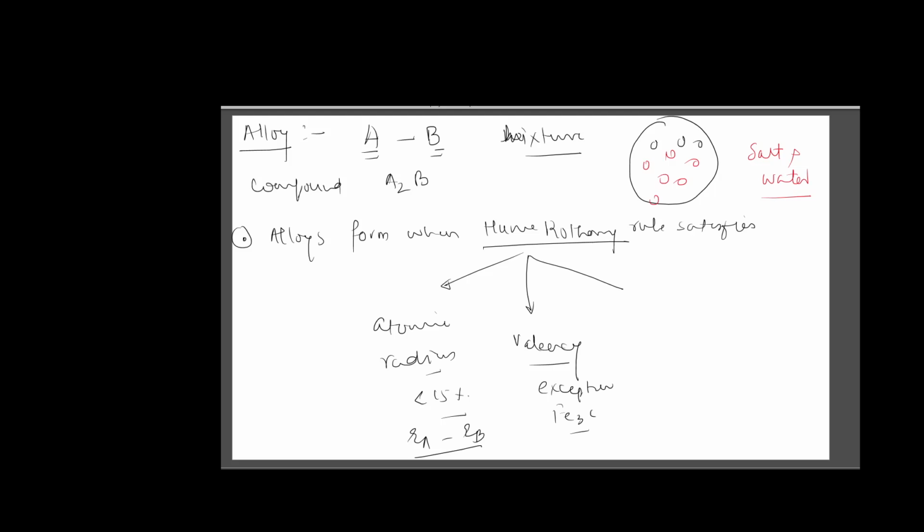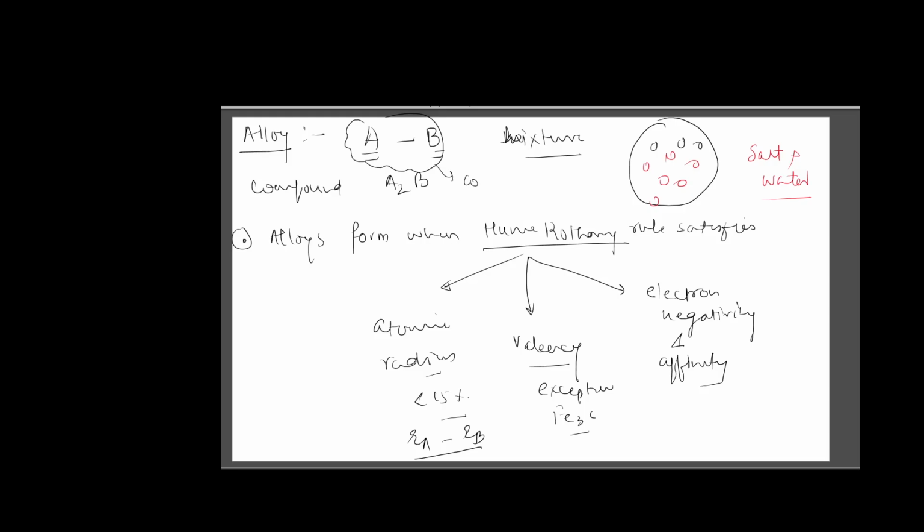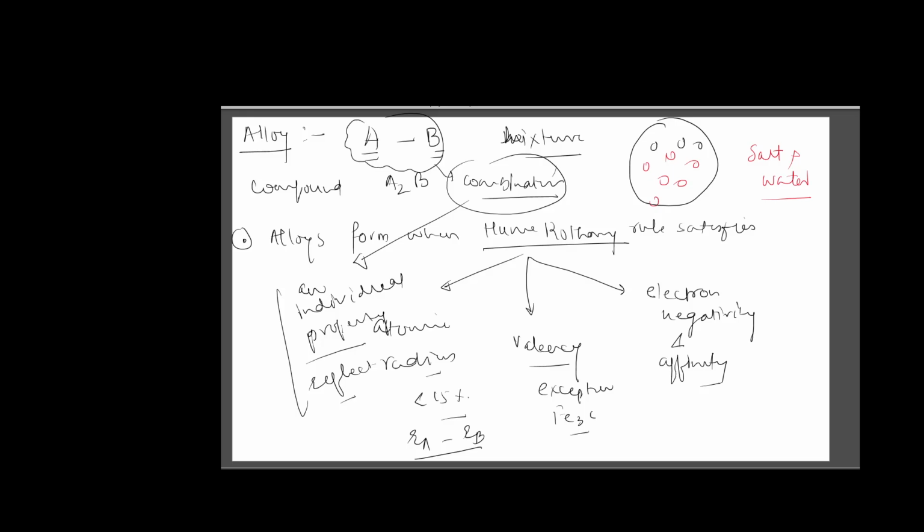Electronegativity and electron affinity of both should be comparable. और अगर alloys के अंदर होता क्या है कि ये जो मिक्सचर है जो कम्बिनेशन से बनता है, ये एक ऐसा कम्बिनेशन होता है कि जो कम्बिनेशन होता है वो किसी एक इंडिविजुअल की प्रॉपर्टी को रिफ्लेक्ट करता है। लेकिन अगर दोनों के दोनों लूज देयर इंडिविजुअलिटी देन इट्स कंपाउंड।